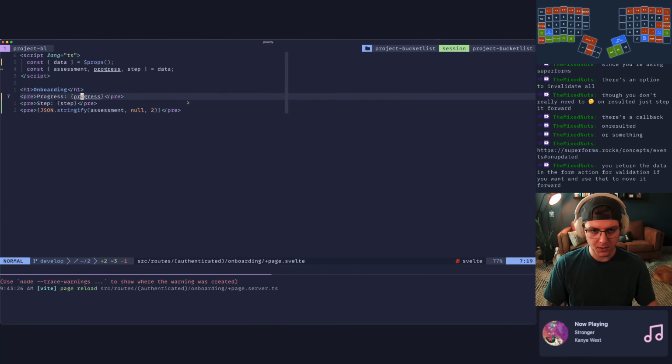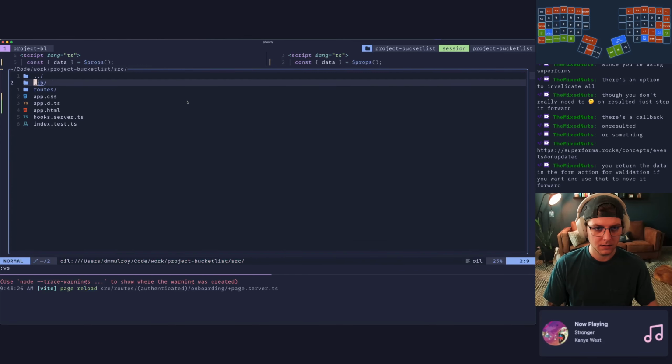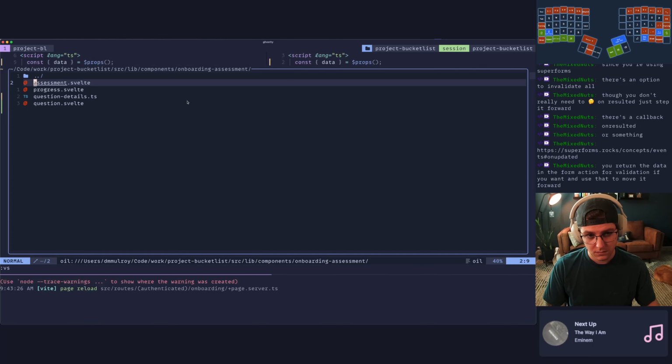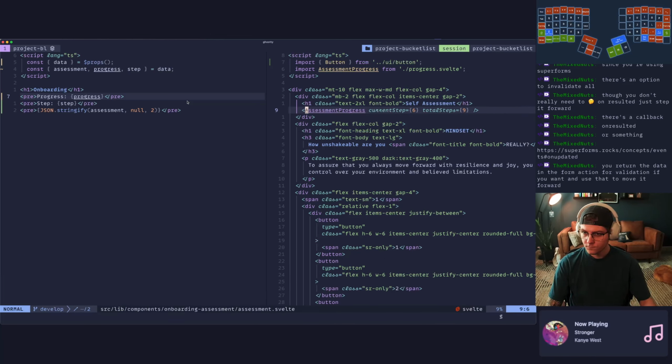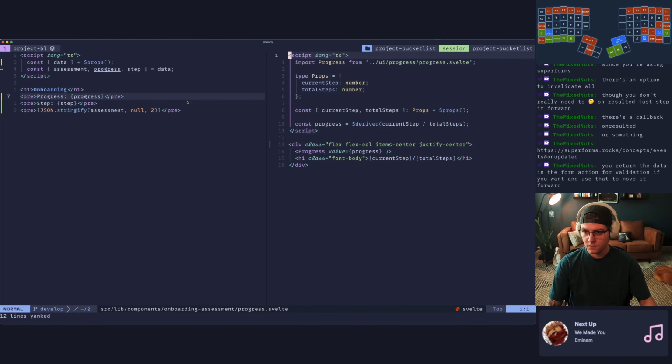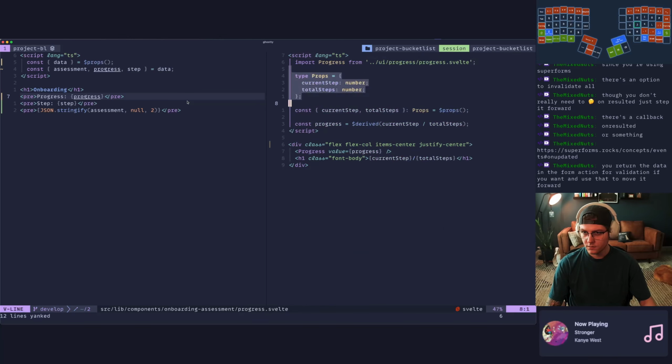So in here, we have some components, and I know we have our components built for this in another spot. It's going to be over in lib components onboarding assessment. And then we have the actual assessment. Okay. And this needs to take some props. So let's yoink this, step back. Oh, I guess we can just go here and grab it,